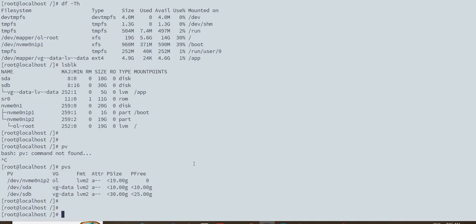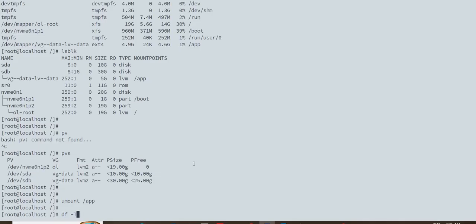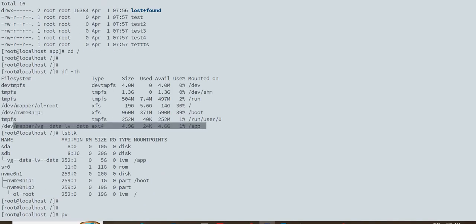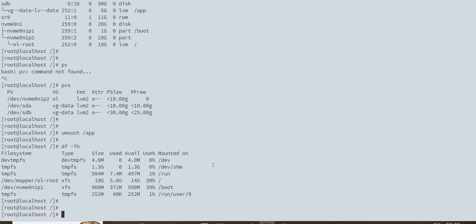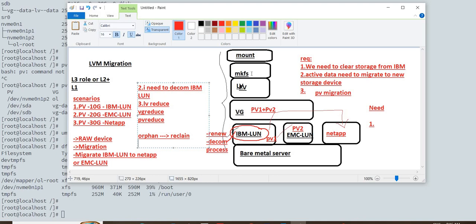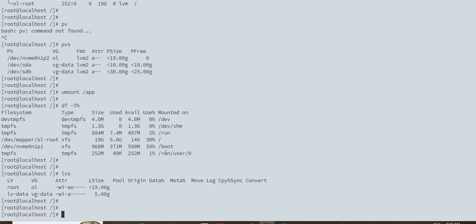So what we can do is mount /app. App is a file system which was mounted earlier. This app file system, I unmounted. After unmounting, mkfs is not needed, then go for the LV. So LVS is nothing but trigger the LVS. Your LVS is showing the LV data,